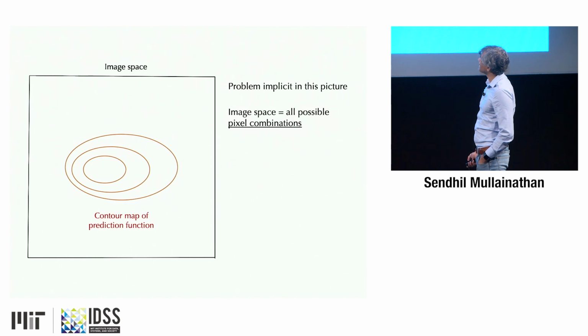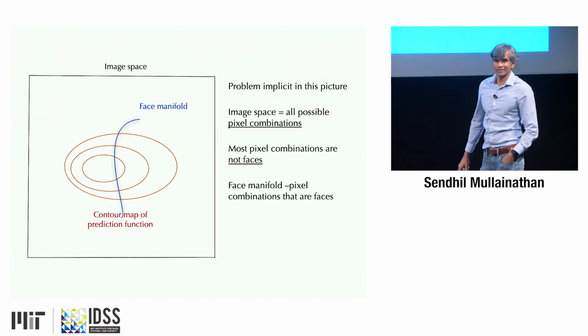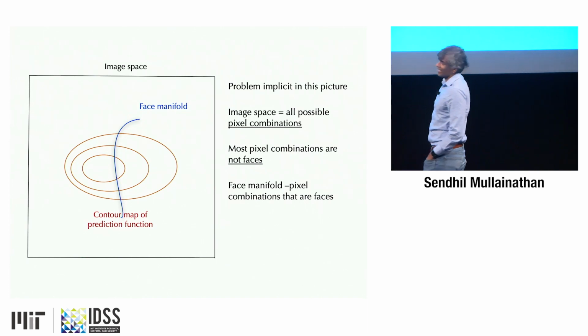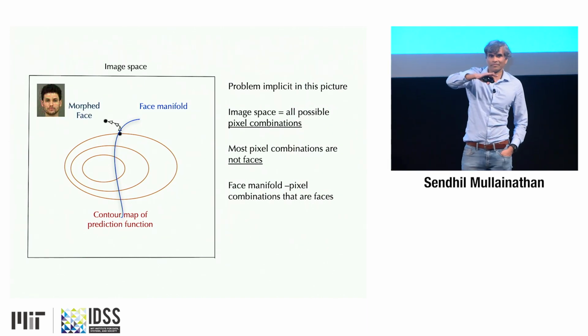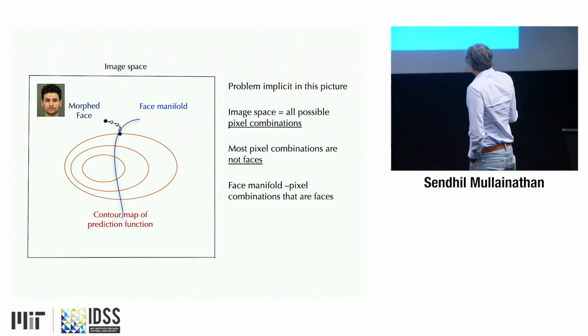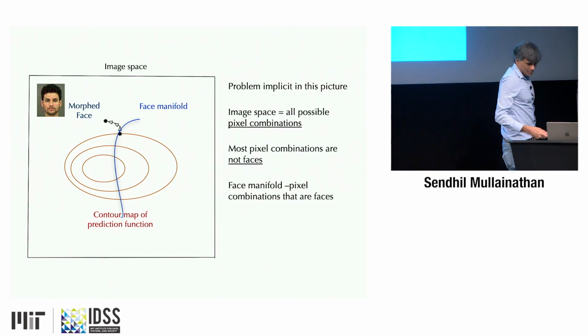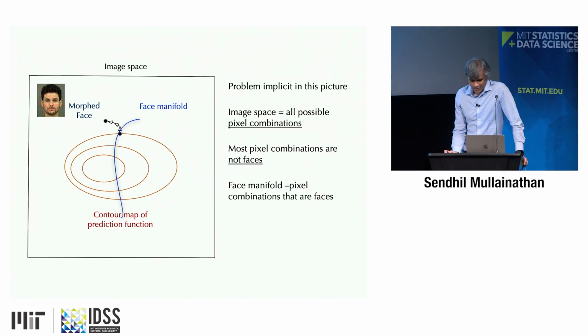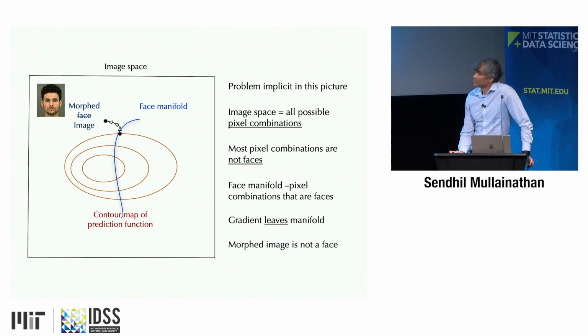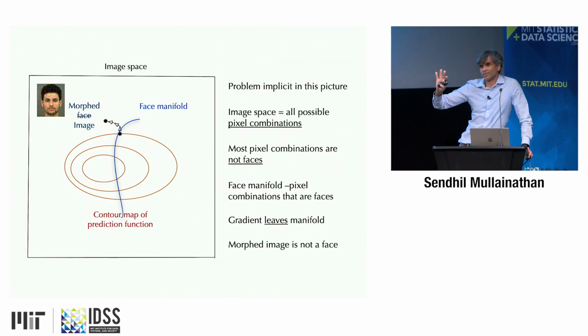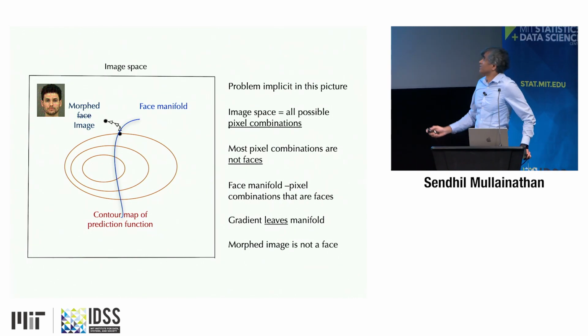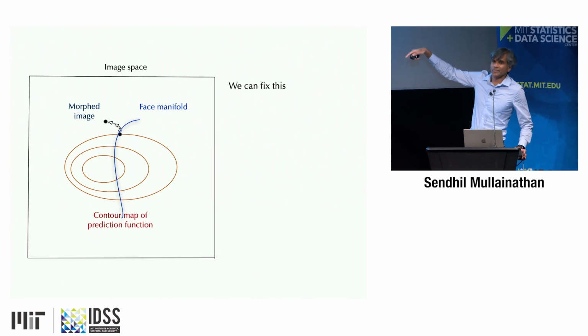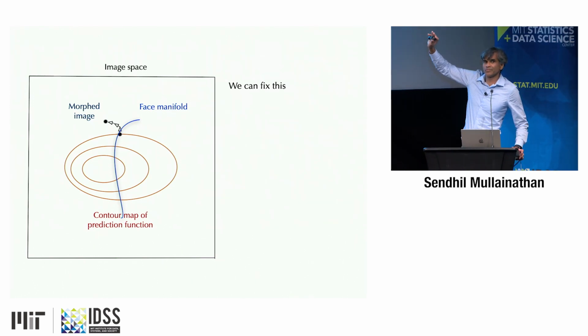Faces are a tiny, tiny sliver of this space. So when I follow the gradient, I end up off of the manifold, the submanifold of faces. So what this requires is a different kind of tool, and it requires us to stop leaving the manifold, and it requires us to combine the supervised learning model with some generative model. That is, we need a model of the submanifold, and we need to be able to project the supervised learner into that submanifold and follow the gradient in that submanifold.